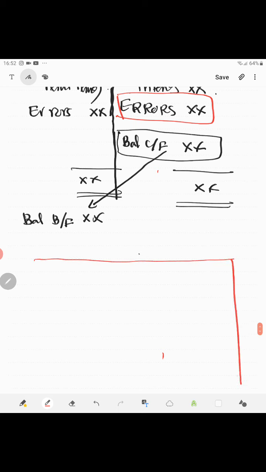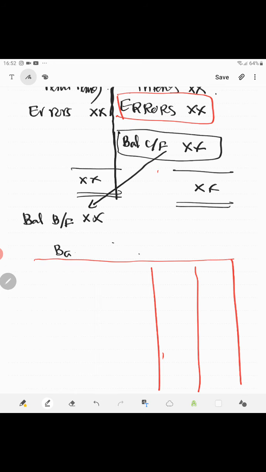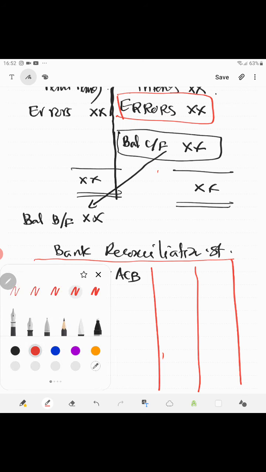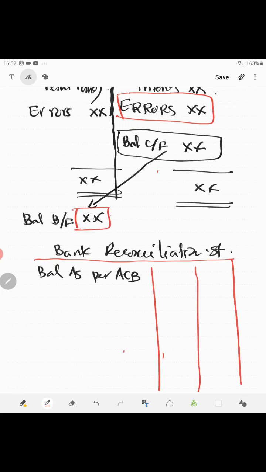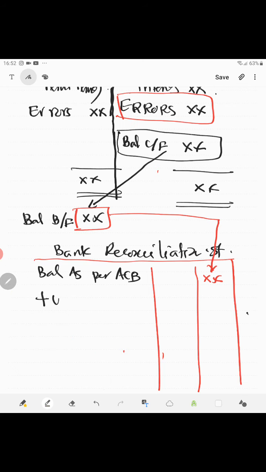So bank reconciliation statement. A bank reconciliation statement, we will start with balance as per ACB. That balance I will pick this one. The balance as per ACB, then plus